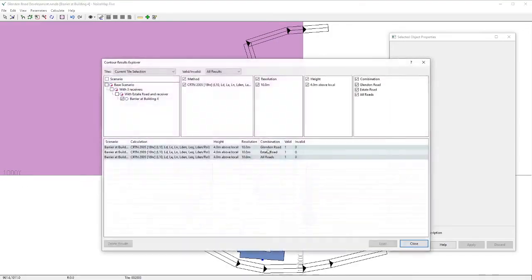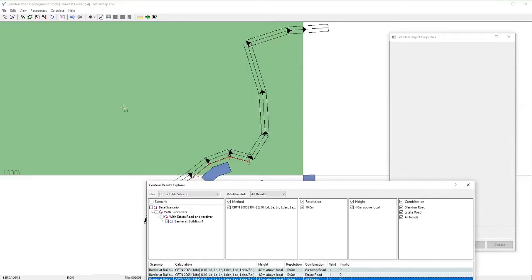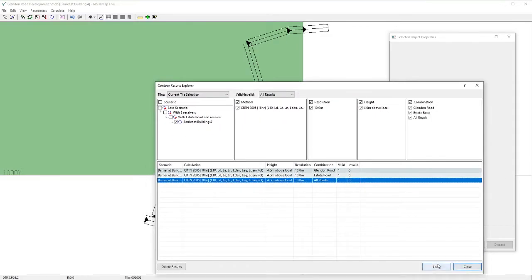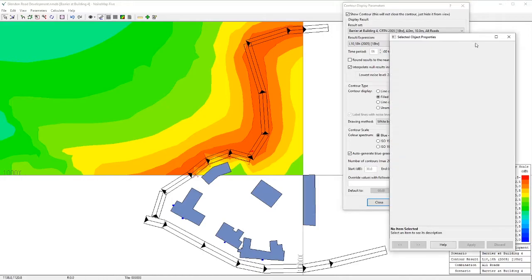It's done the calculation and we'll load it. Now we're going to load the noise from all roads because that'll be the total noise. You'll see that this tile has gone green, which means that that result there that I've highlighted is valid. So I'll load it. There we are. Now we can see what the noise levels are, and if I move this slightly out of the way,